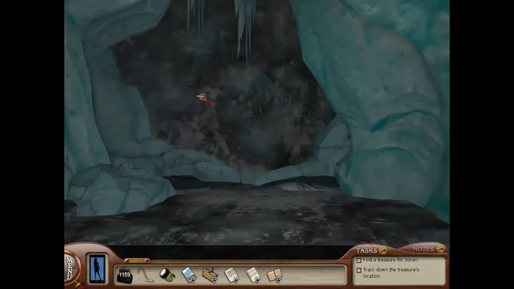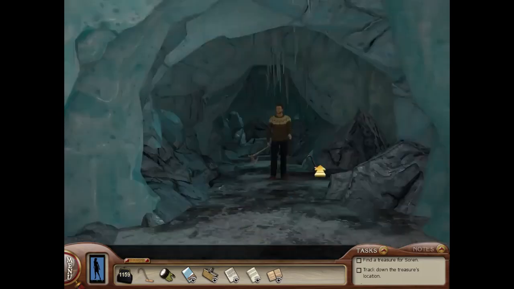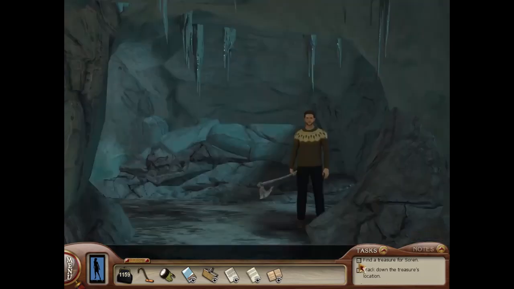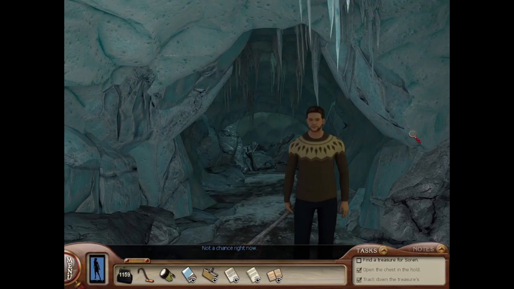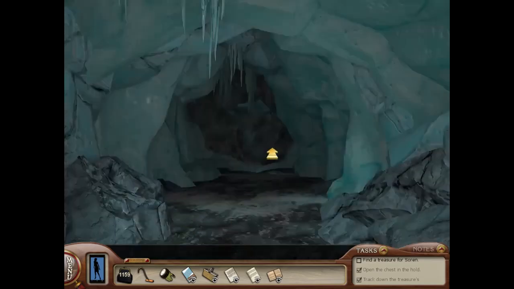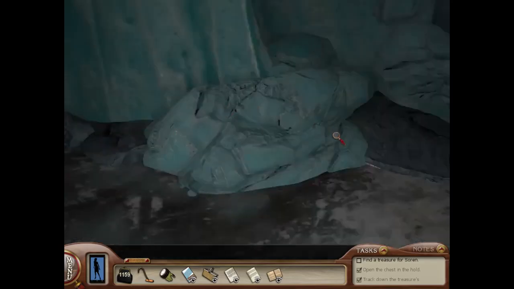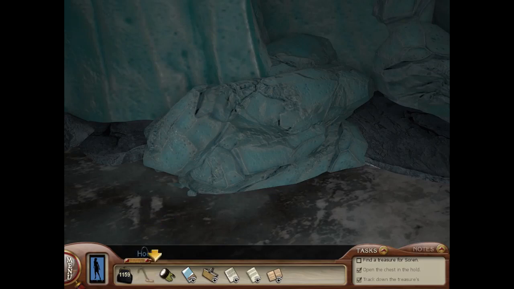Okay. I mean, here's the thing. There's talk about the decoy chest. What do I have on me? I'm so very lost right now. Can't check. That's done. Okay. So, technically... Not a chance right now. Okay. So, again, what else am I doing? Okay, are we using the trick to...